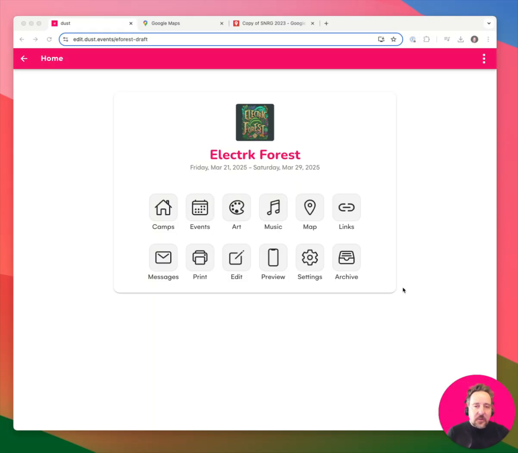Hey everyone, I'm going to show you as a regional organizer how you can manage your maps in Dust. So that'll include things like placement, that sort of thing. So first of all, Dust, once you've logged in as a regional organizer, you'll notice there's an option for map